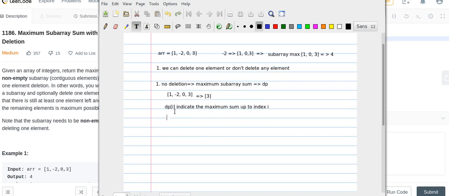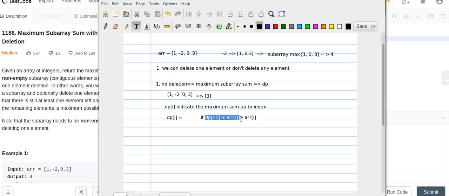We will find that dp[i] depends on two situations. The first situation is that if the previous element plus the current element is bigger than the current element,